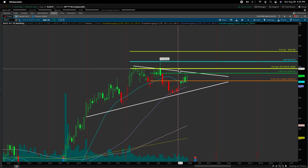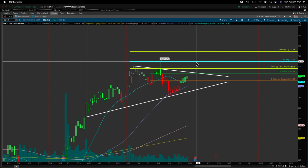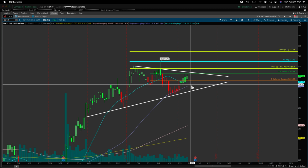but it can take two to 3 weeks. We don't know. The stock will do it, and we react to it. We don't know when. We don't tell it what to do. The stock does what it wants, so we follow it. Next is